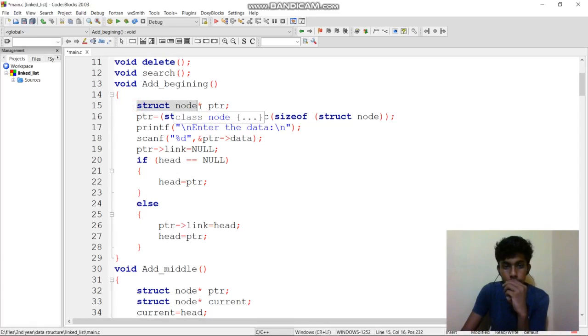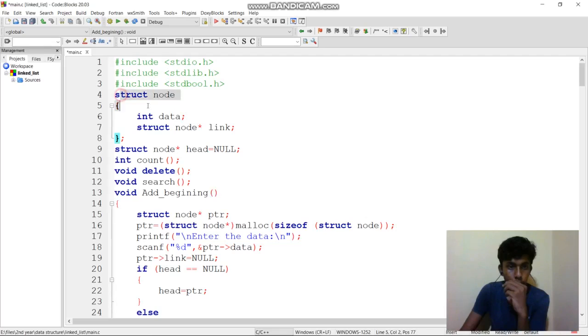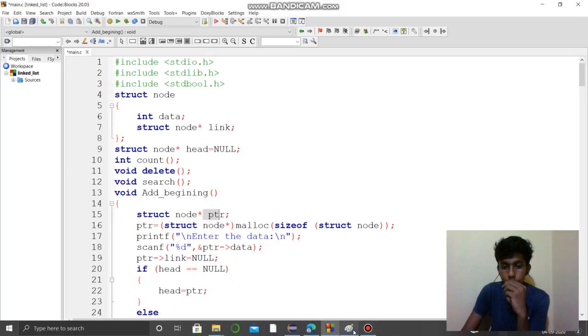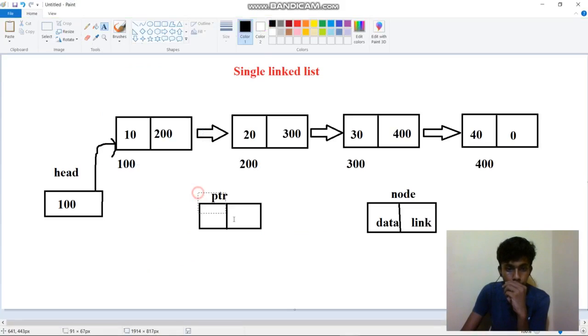After the compiler sees this struct node, it will go to the structure struct node, and it will create two variables, the integer and the link part, and create a pointer. The pointer will point to the address of the struct node. And if you see in this case, this is the node.